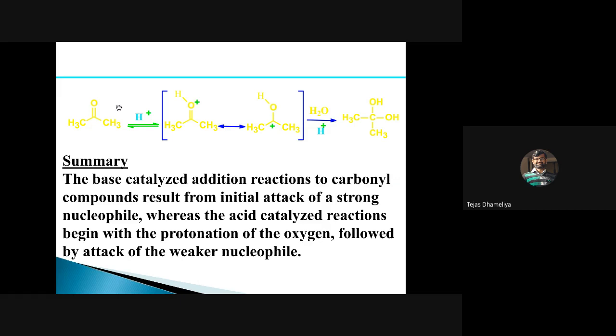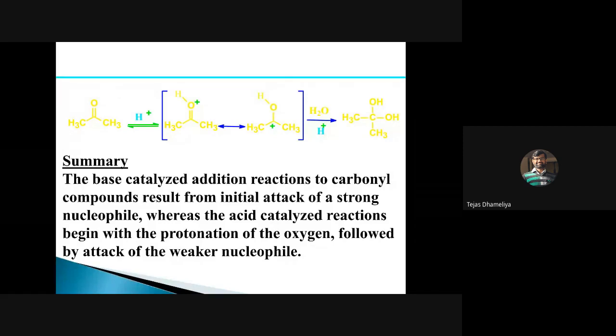Look at this. Acetone reacts with the proton. That will form this oxonium ion, because there is a lone pair on the oxygen which has made a friendship with hydrogen, and once this double bond goes up, the carbon will have a positive charge, and this positive charge can be attacked by water to form this diol. And this diol is what? It is called vicinal diol. Sorry, they are called geminal diols.